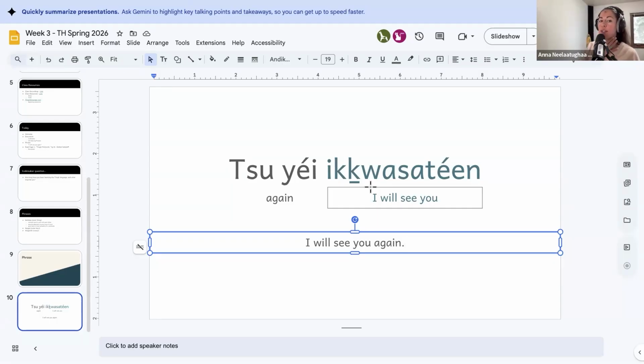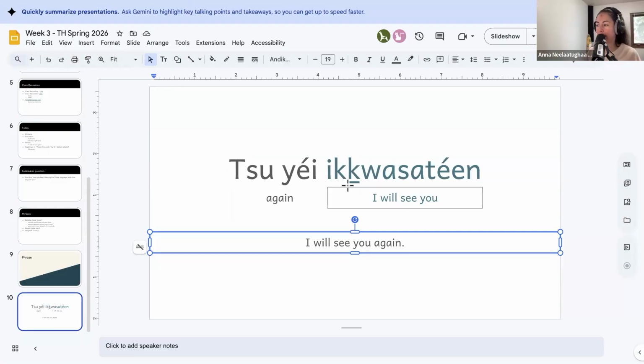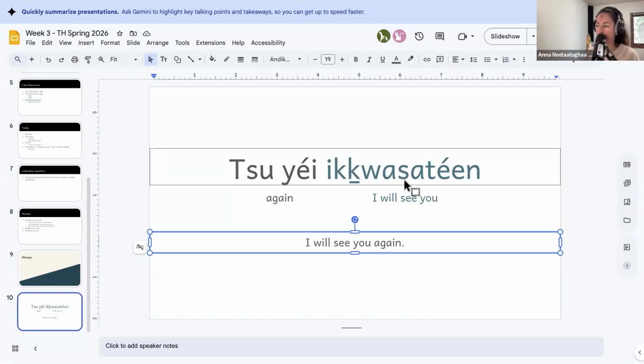You're pushing the back of your tongue up to the back of your throat. Repeat after me. Kwa. Kwa. Good. Now put these two sounds together. There's going to be a little puff of air between the two Ks, and that will make it easy for you. Repeat after me. Ik kwa. Ik kwa. Good. Again. Ik kwa. Good. And then starting from the S.